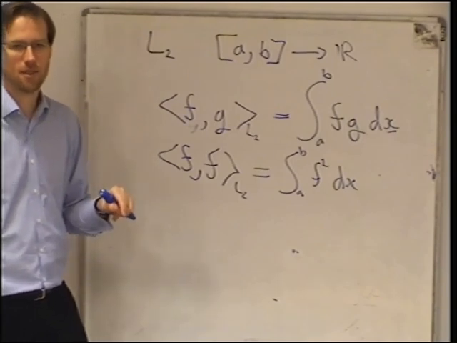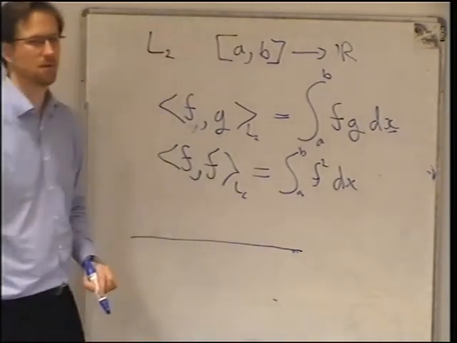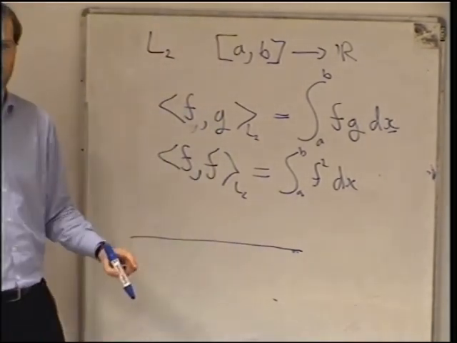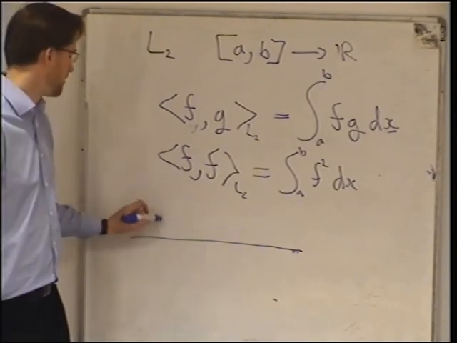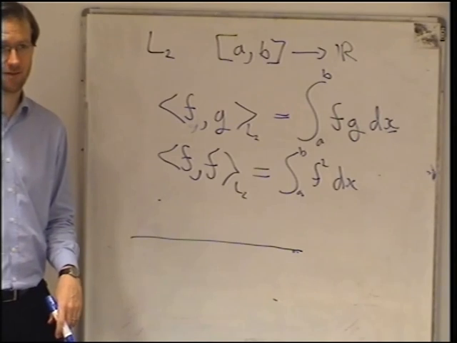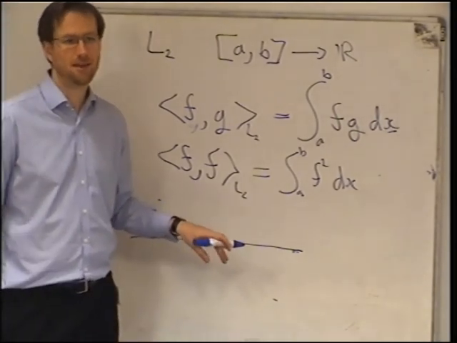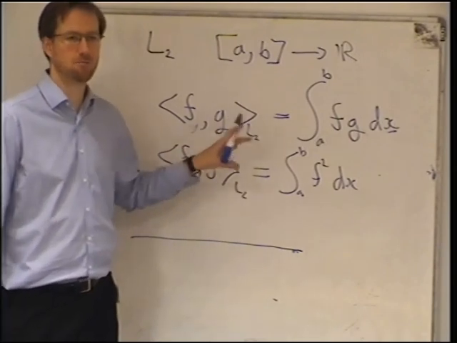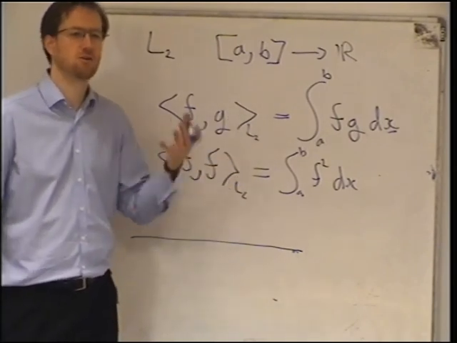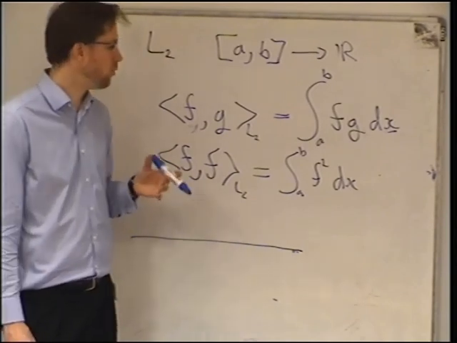And the reason is that if I have the zero function and I integrate it, I get zero. If I have a function which is zero everywhere, non-zero at a point, I integrate it, I get zero. And I can do that actually at any number of points. So if we want to use this inner product, then the function spaces we're using are the function spaces for